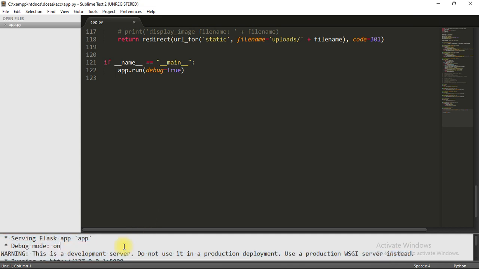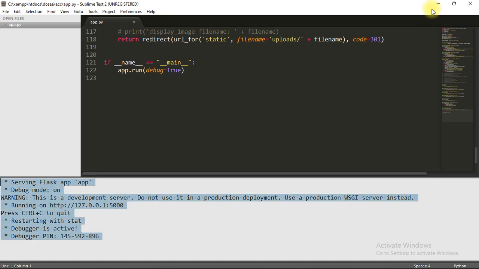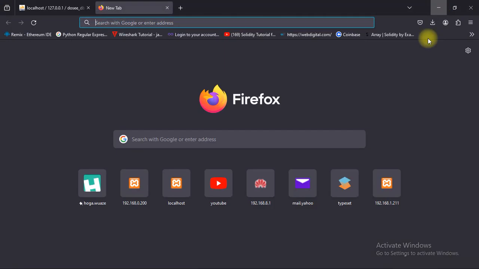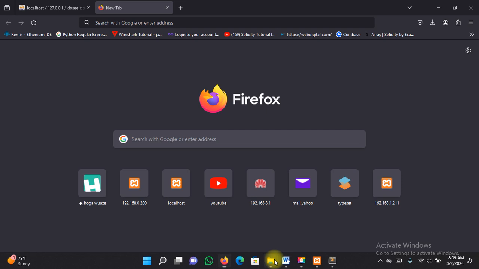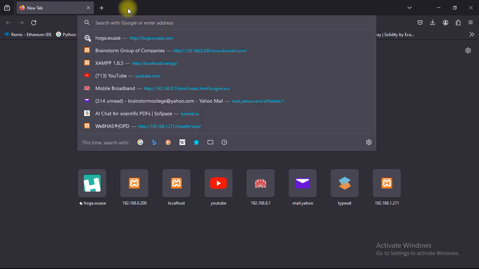Yeah, so after you run this one, make sure you have something like this. After you run this, your application will now run. So minimize this one. Okay. So what you have to do is go to your browser and then type